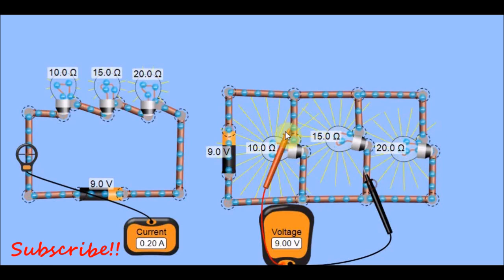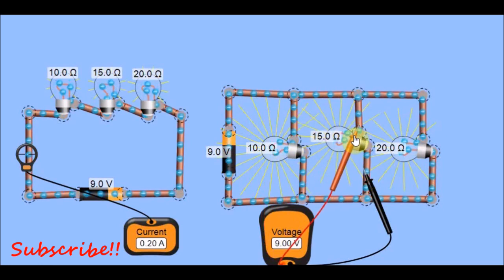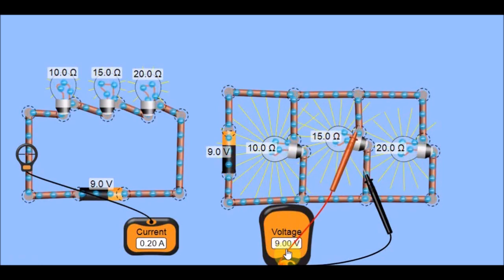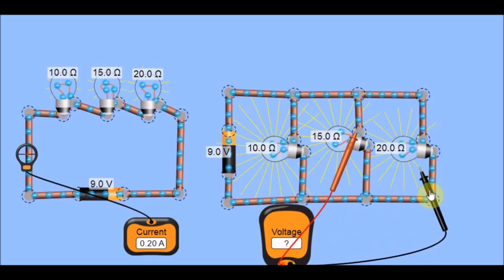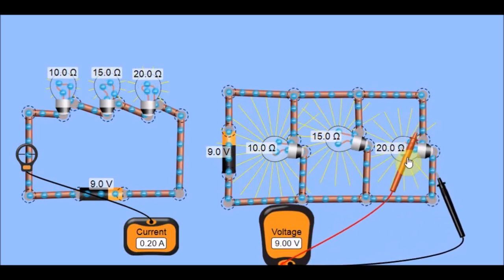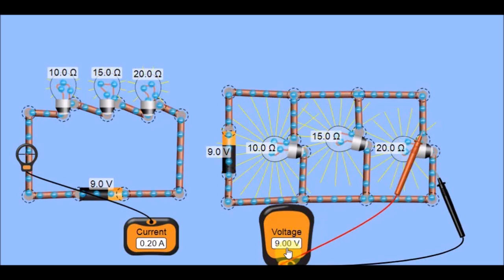Now let's check out our next resistor, which is 15 ohms. We still measure what? 9 volts. Now let's check the last resistor, which is what? 20 ohms, and we still measure a what? 9 volts. So it confirms that in a parallel arrangement, the same voltage flows through each